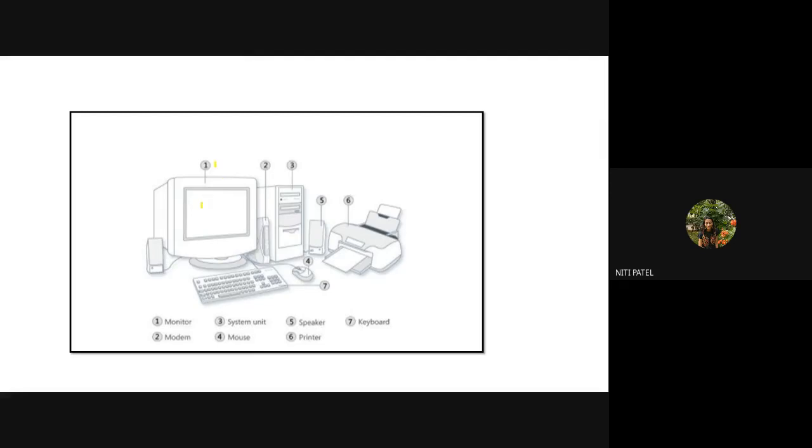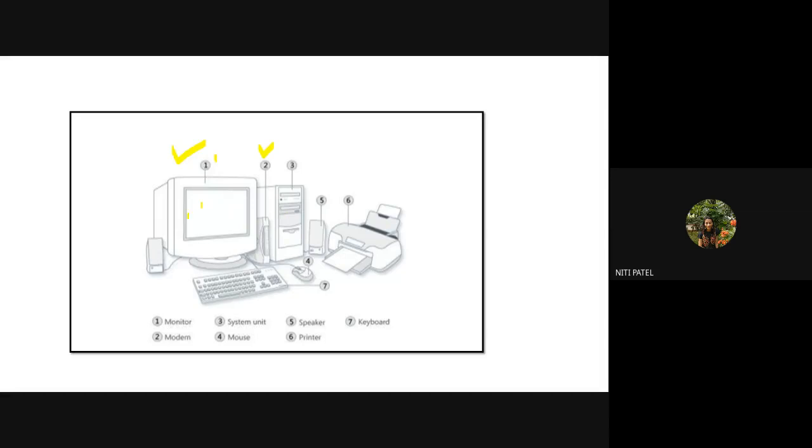So what does the hardware include? First one is a monitor. This is a monitor. Then you have a modem. See, a modem looks like this, which was used previously. Many of you might be aware that before routers existed, I used to get internet connectivity from my phone. Whenever the phone rang, the internet would go off. As soon as you put the phone down, the internet would come back on. So what was that? It was a connection with the help of a telephone line.